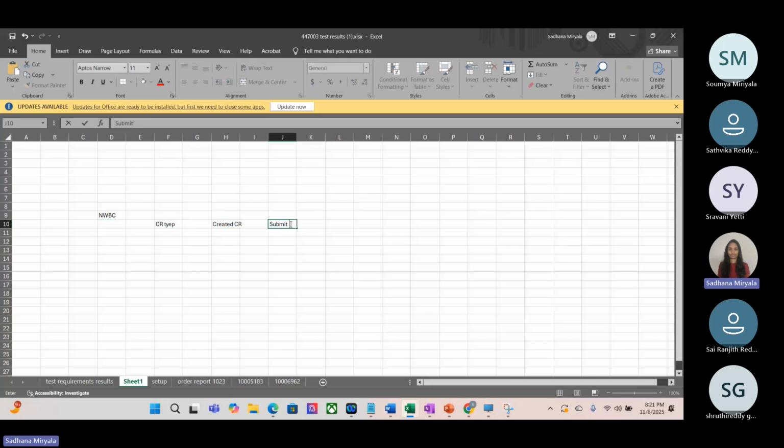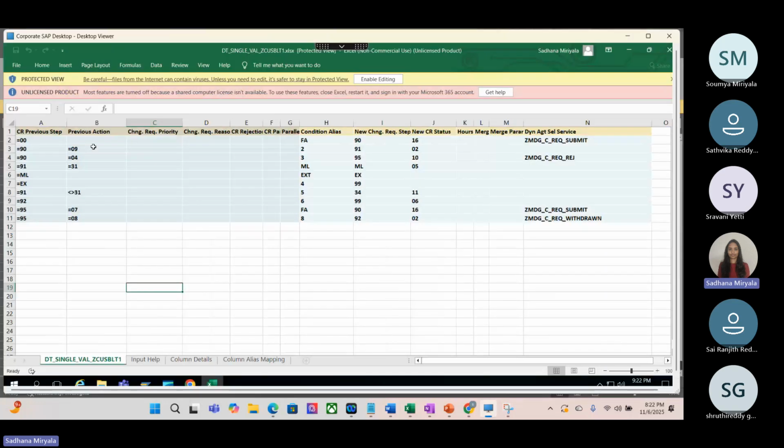Once this CR is submitted, it has to route to some person and do the governance process, right? After this CR submission, the workflow will trigger in the background. So whenever we click on the submit button,